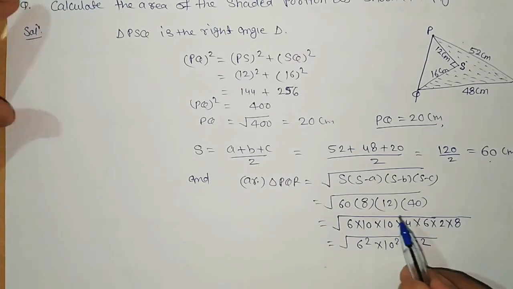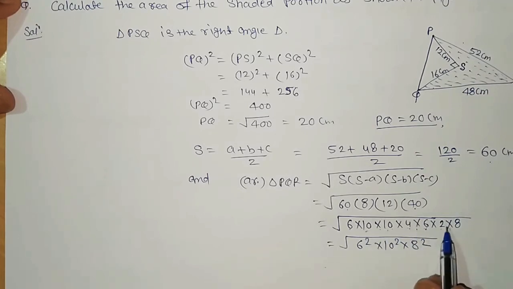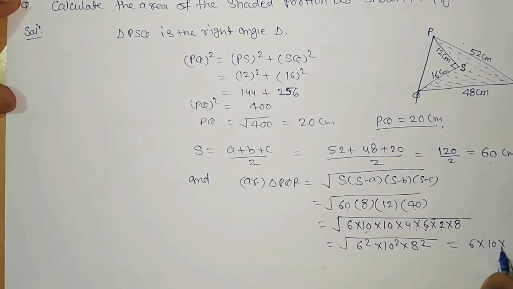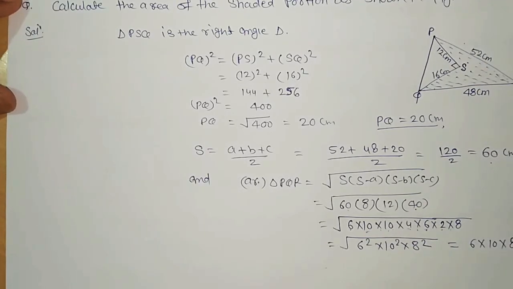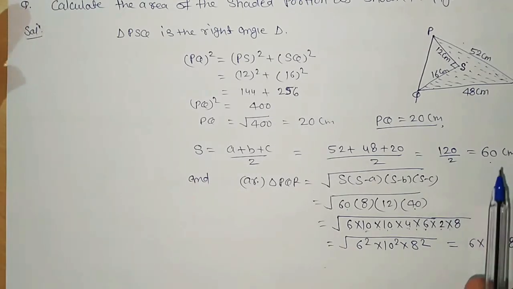Solve the equation in easy form: 60 into 10 into 14 plus into 6 into 2 equals 12 into 8. Now again solve: 6 square, 10 square and 4 to the 8 square. So 6 into 10 into 8 equals 480 cm square, which is the area of the triangle PQR, but here we need only